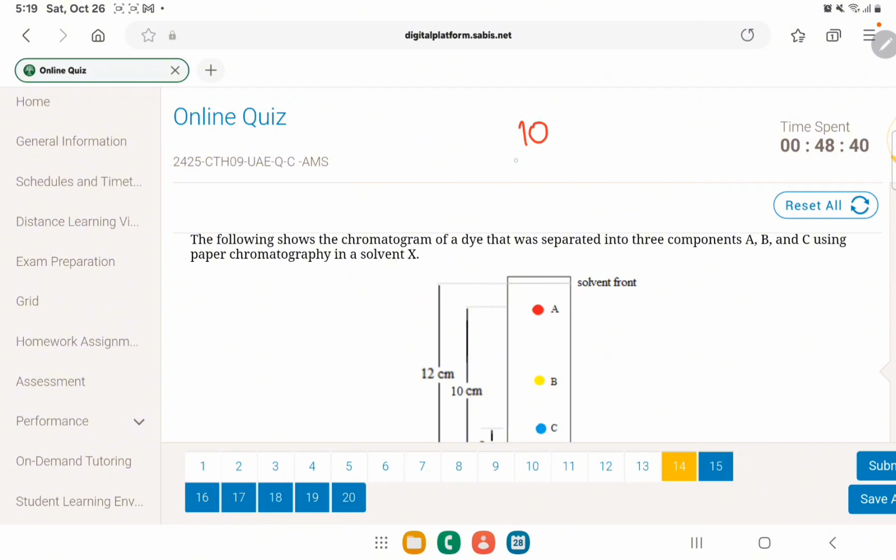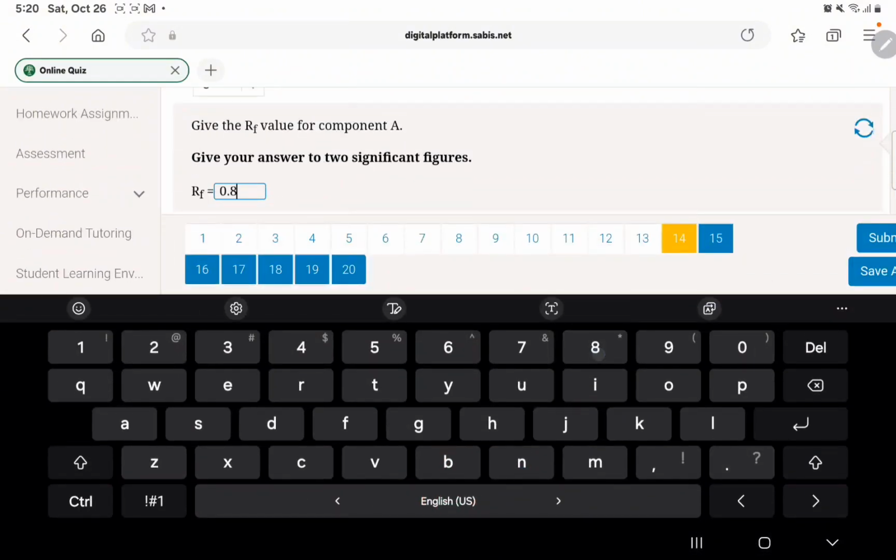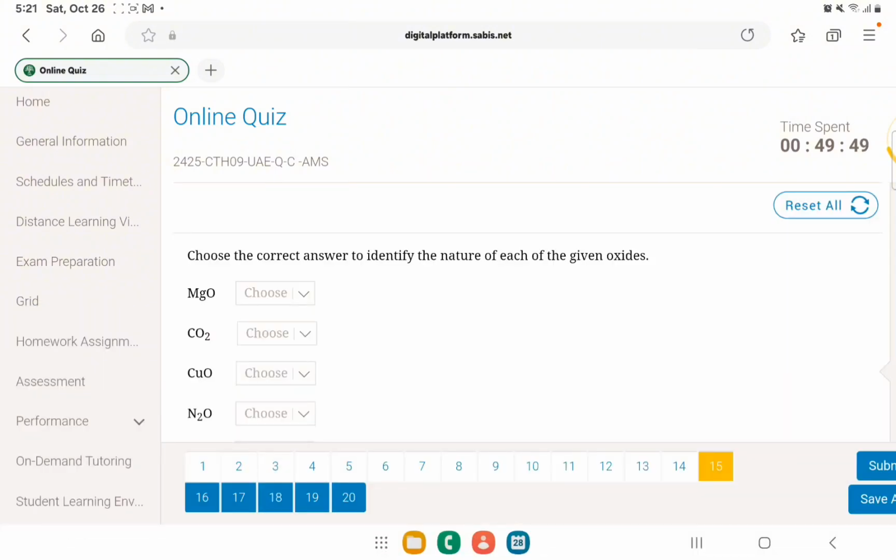So 10 over 12, we're gonna get, it's like 0.83, like that. It's like 0.8333, but they wanted two significant figures, so it's gonna be 0.83. So here's 0.83. Choose the correct answer to identify the nature of each of the given oxides. So we have 4 different types: acidic,